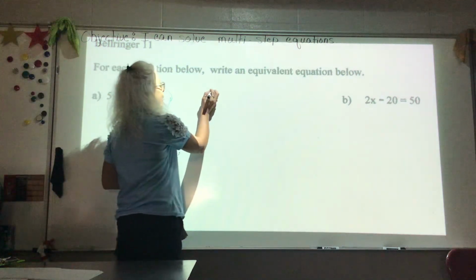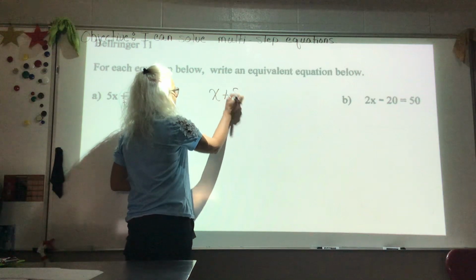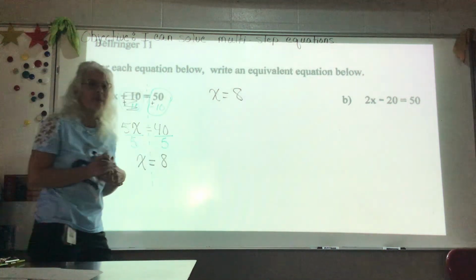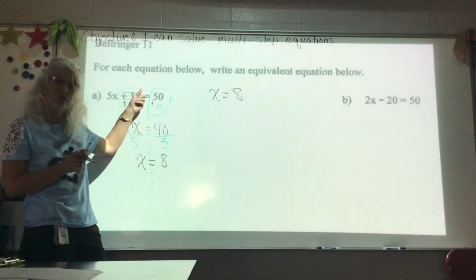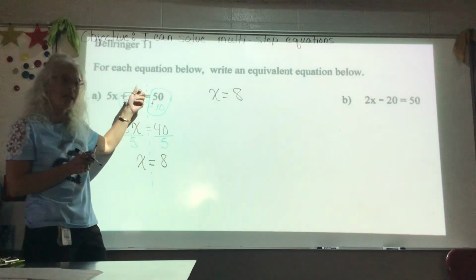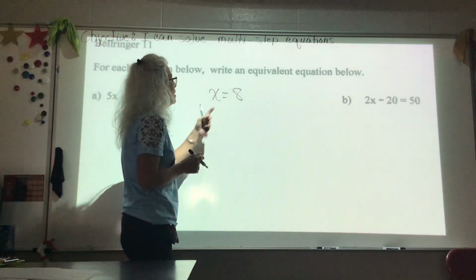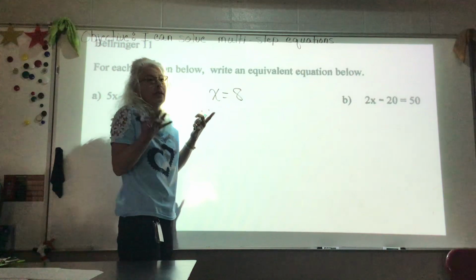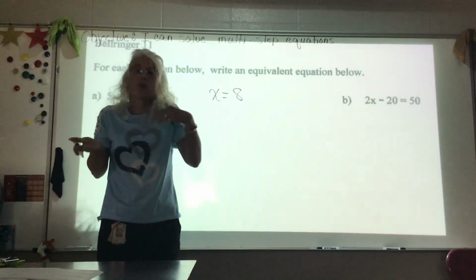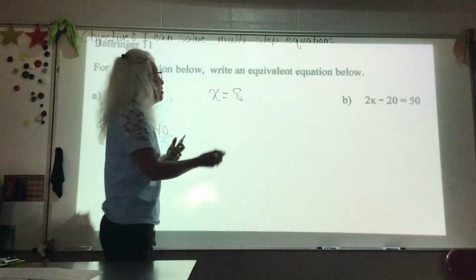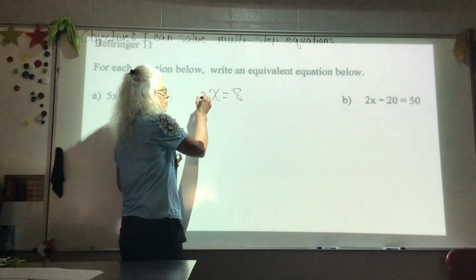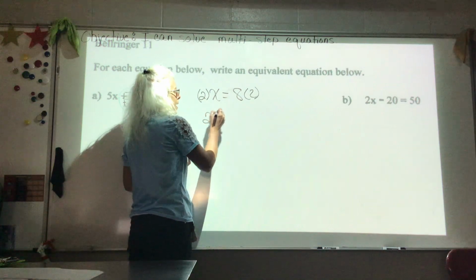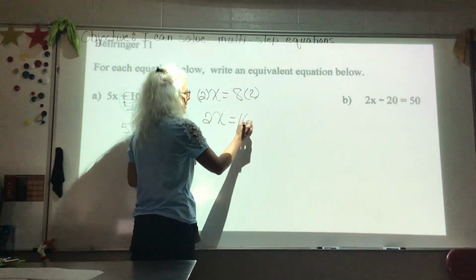So one way I like to do it is I just like to write down the solution to the equation that I'm going to try to write, and then do something to it. But to keep the equation balanced, what we do on one side, we have to do to the other. So if I multiply this by 2,